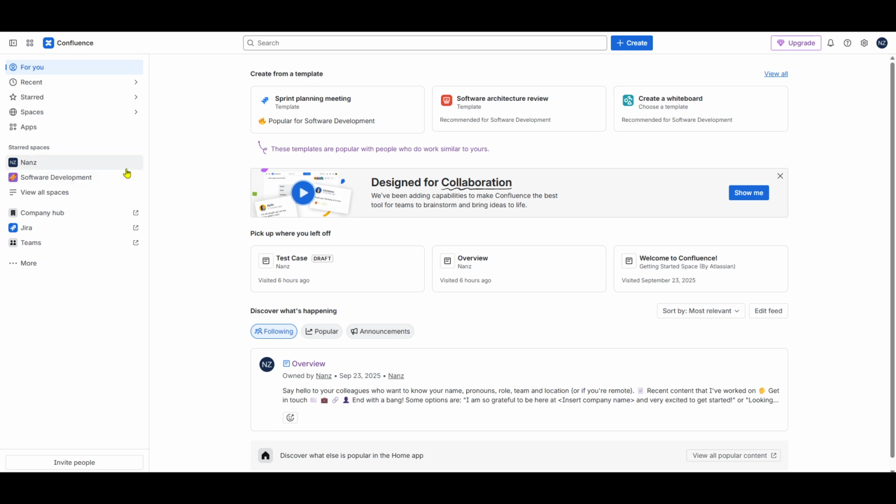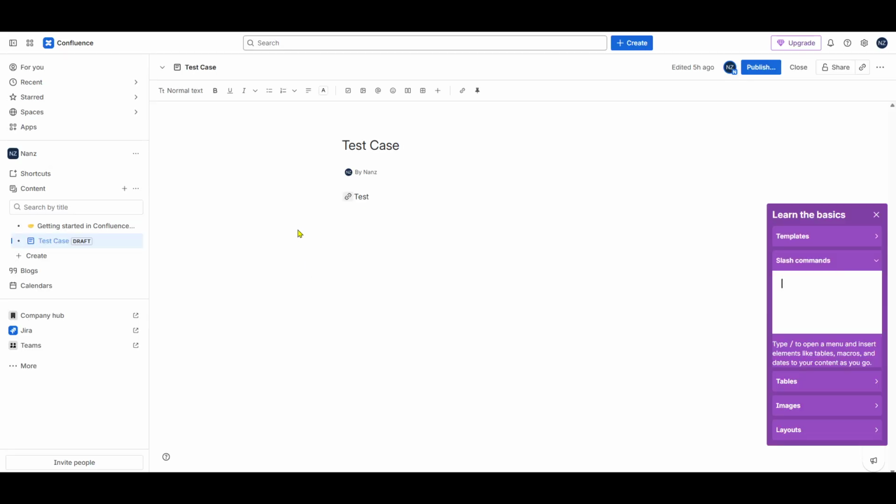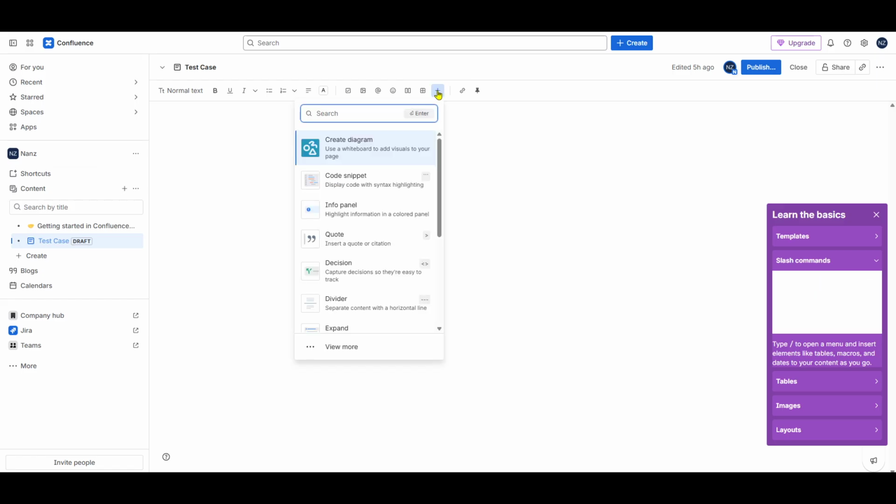After you've opened up a new page, you'll need to click on the Edit button. This button allows you to enter the editing mode where you can start customizing your content. You'll notice a toolbar will appear, giving you various options to format your page. Next, we're going to add some elements to our page. Look for the button labeled Insert Elements, which might be represented by a plus icon. This button is your gateway to all sorts of customizations.